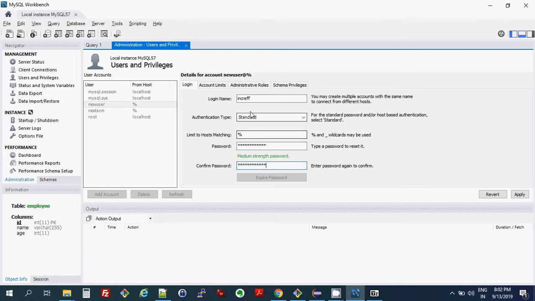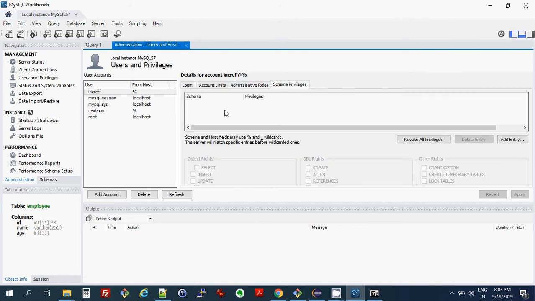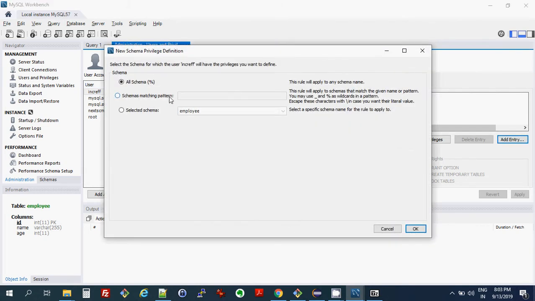And these are some of the other things, limits to host, matching, etc. You can look for it online. And I apply. This user is created now here, and then schema privileges. I'm telling MySQL that to this user give permission to the employee schema,